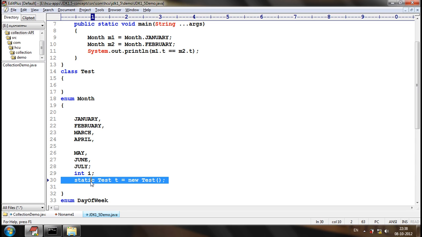And even enums can have methods, with any access level. It's not like a specific access level is required.